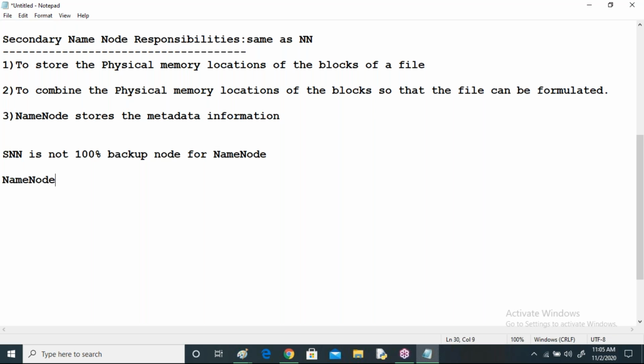Just like in the absence of the principal, the vice principal comes, but the vice principal doesn't have the total authority in performing the operations, and only acts in the absence of the principal. The same way, secondary name node doesn't have the full